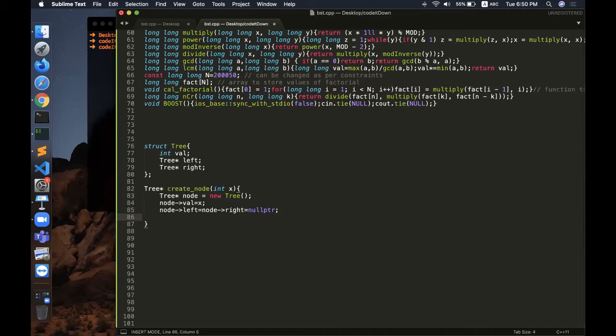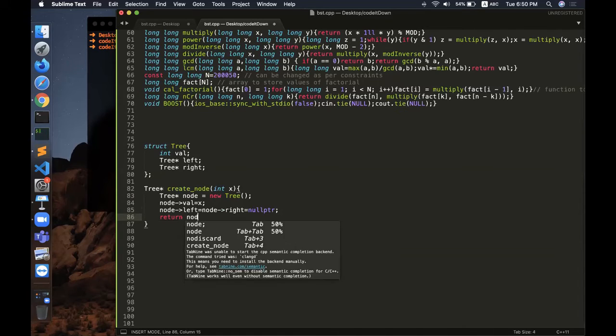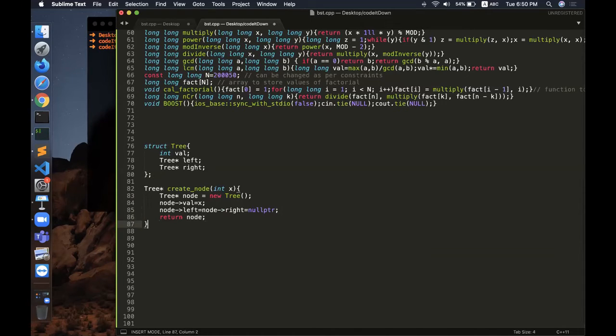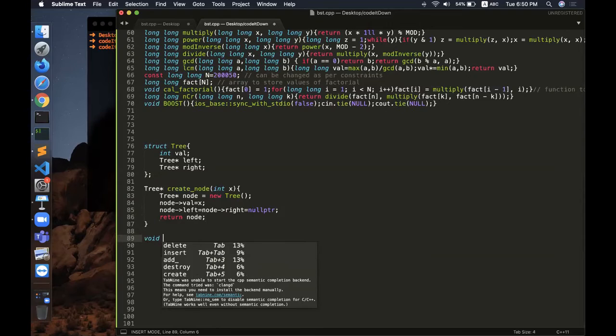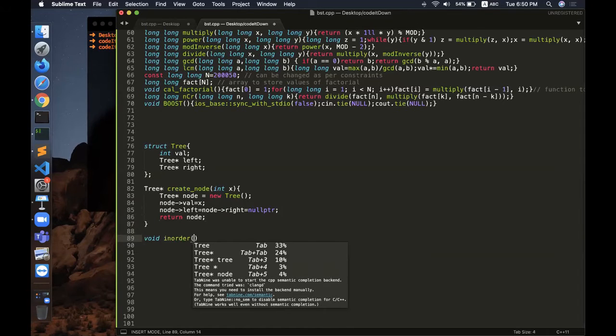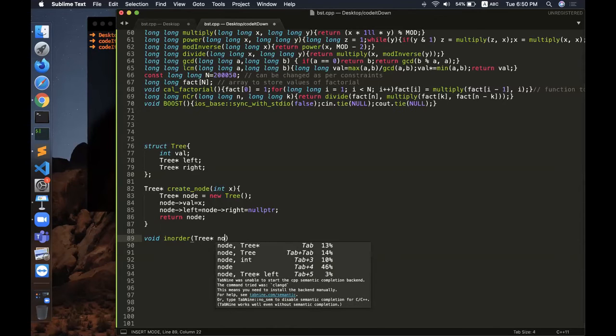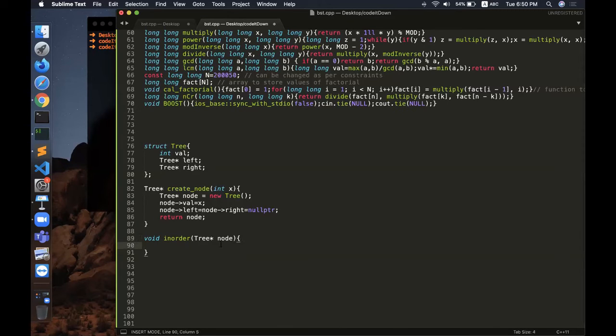It is related to the memory part of C++. If there is something like this in Java, you can Google about it. Then I can simply return the node. Now let me write an in-order traversal by passing the root node.